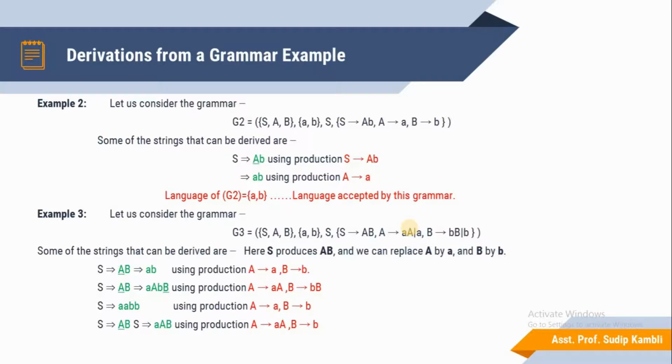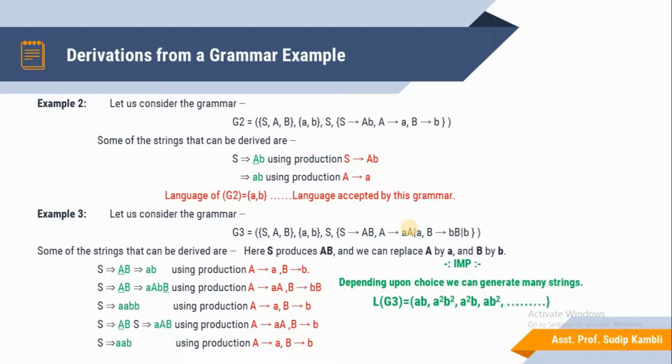So a new string will be present, otherwise it is accepted by using those production rules. So AB: only the right side A will be incremented and B stays in the same position. So here there will be 3 productions, otherwise 5 production rules applied on the start production rule, accepting the strings AB, aabb, and aaab. So using those production rules again and again, we generate new strings. So multiple types of strings are accepted to generate the language of G3.